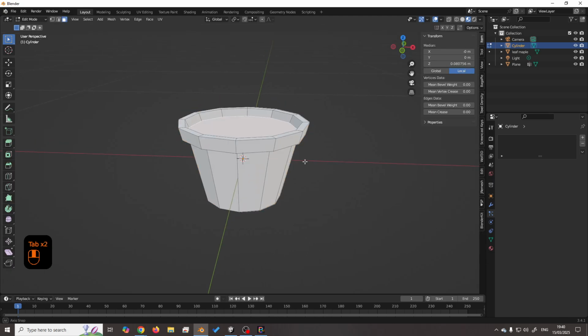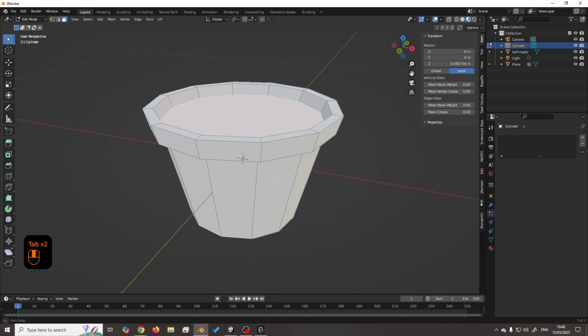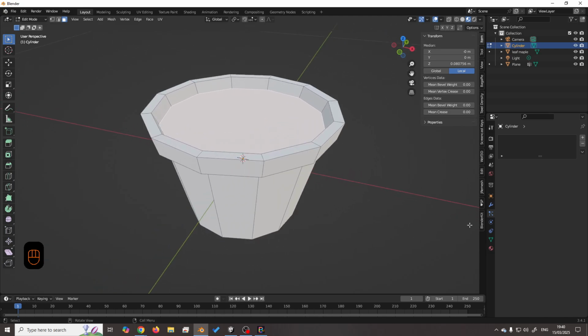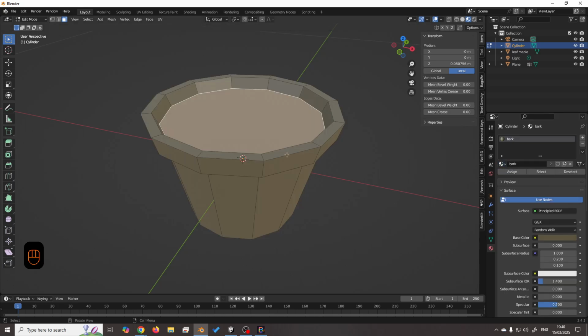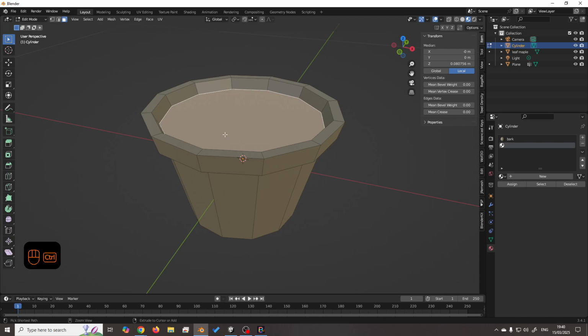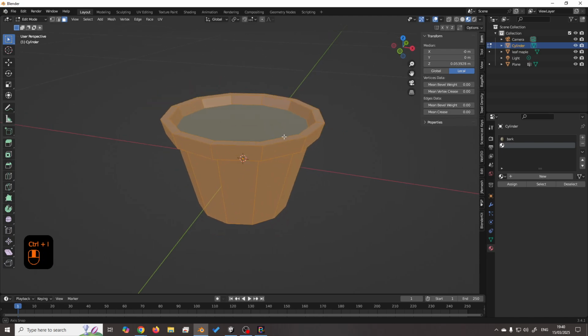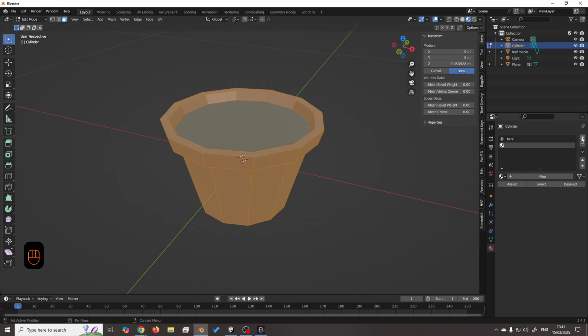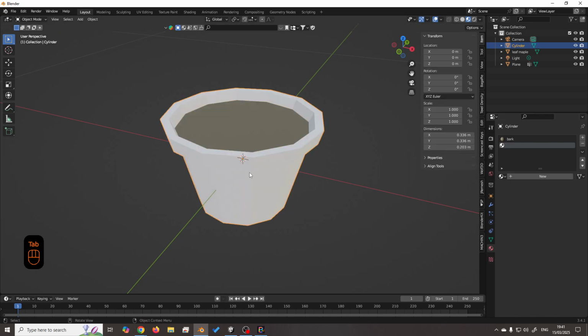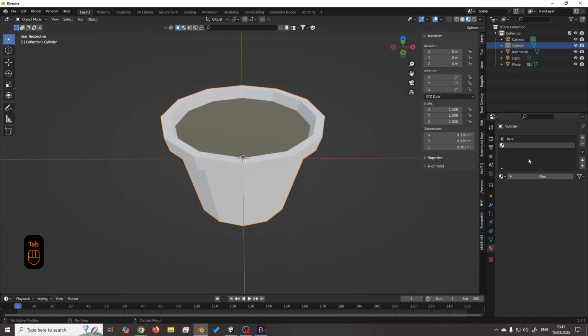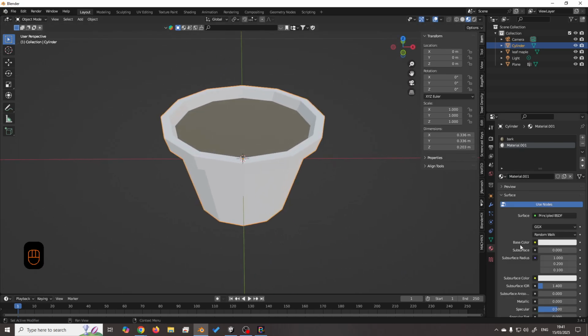I'm just going to give it basic colours for now rather than textures, because the plant is the important bit. So I'm just going to give it the same browny colour for the soil. But everything else, so Control and I to invert, I've created a new material channel which I'm going to assign those faces to. I can come out of edit mode and now I can create a material for that channel,